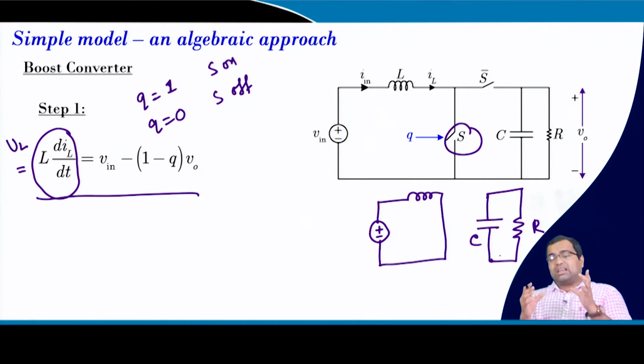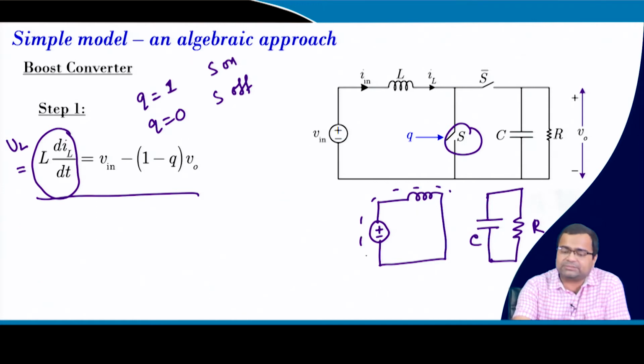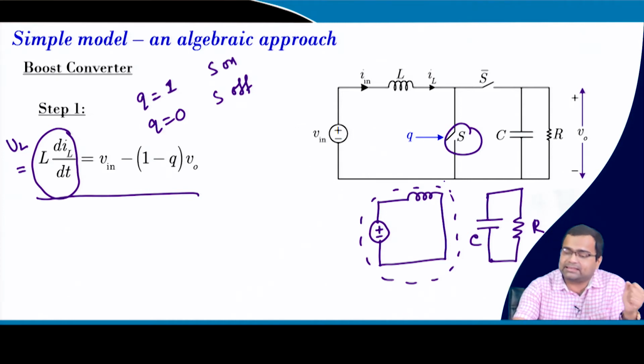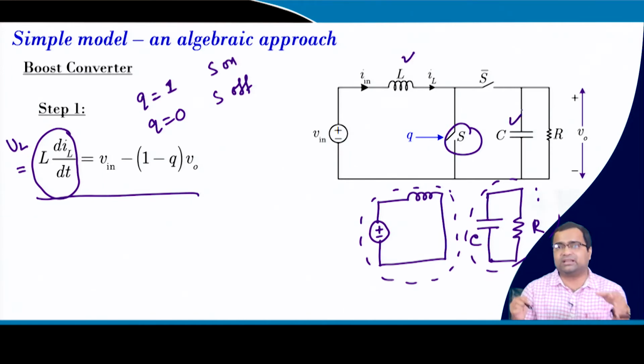In such a scenario, it is as if we are getting two first order systems: one consisting of the inductor, with possibly a parasitic resistance, and the other consisting of only the capacitor. Originally, because of two energy storing elements, inductor and capacitor, it is a second order system, but for switch configuration 1, when the switch is on, the two circuits get decoupled and it virtually looks like two decoupled first order systems.